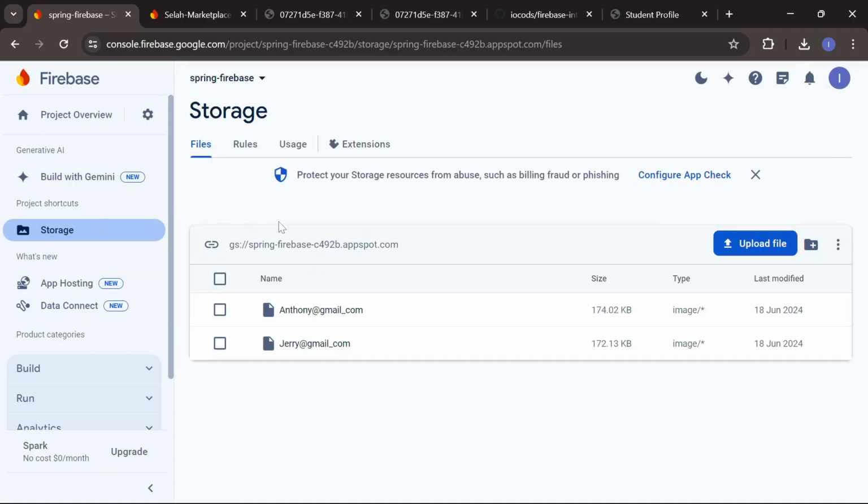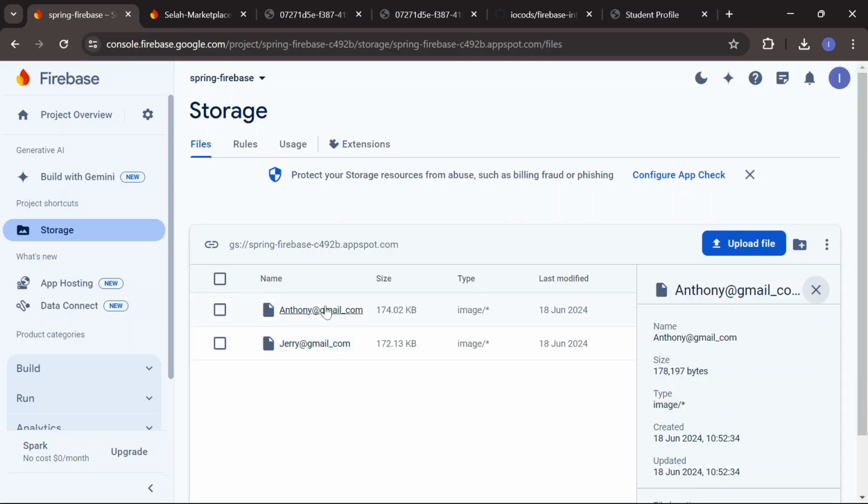Okay, and now you see that we now have the image that has been saved. We have one for Anthony, and we also have one for Jerry, and instead of a dot here we have an underscore com, because I don't want to have dots right here. So we have an underscore com. So when I open it right now, we see the image that has been stored for